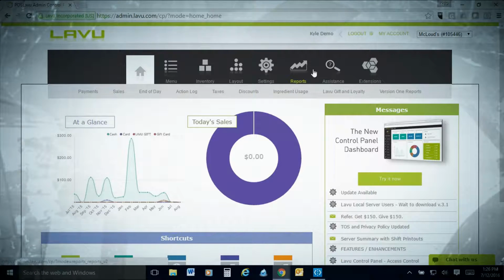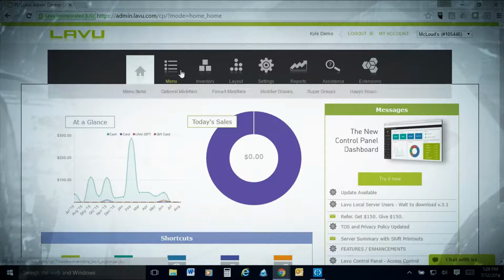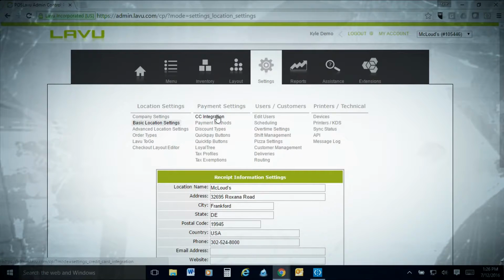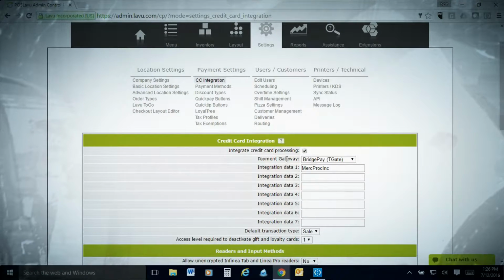So for turning tabs on for Lavu, you'll go into your main home screen, log into your Lavu account. You'll go ahead and click on Settings. Go to CC Integration. Now, if you're already accepting credit cards, you should already have a payment gateway chosen and